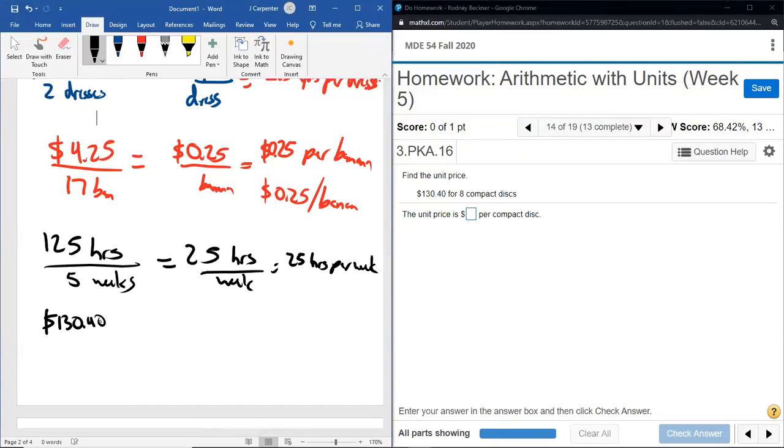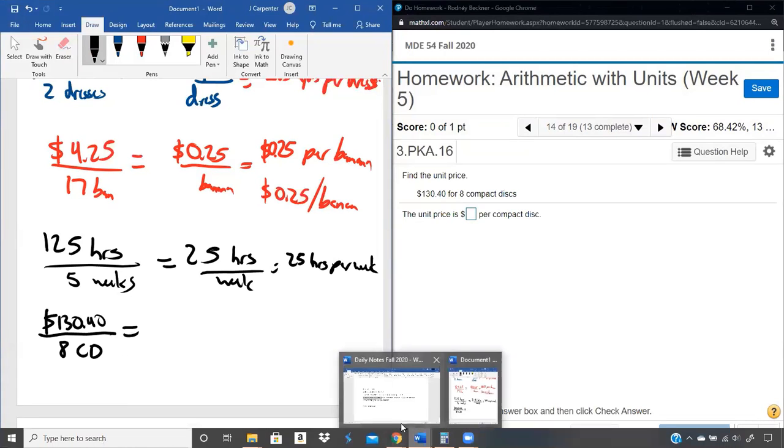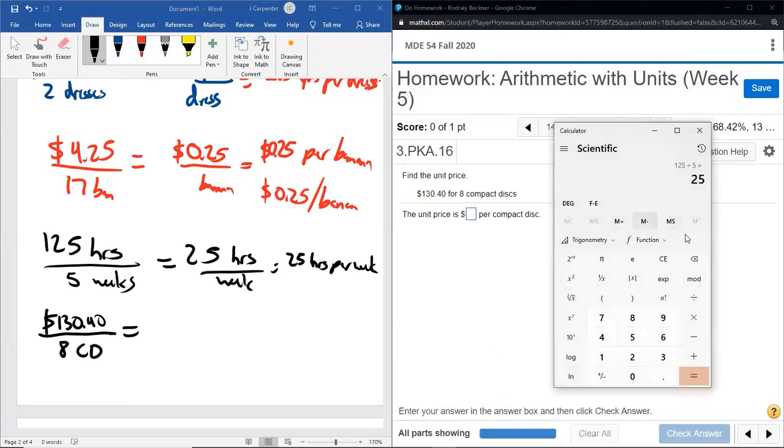So we got $130.40. If you don't like using the dollar symbol when you're writing your rates, you can always write the word dollars or USD. We've demonstrated that in the past for 8. And instead of writing compact disc, we'll write CDs, because someone in here is still buying CDs in this age. Maybe someone is. Couldn't tell you the last time I bought one. I also use YouTube for all my music, so